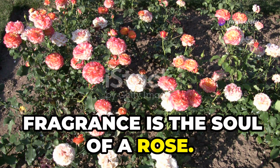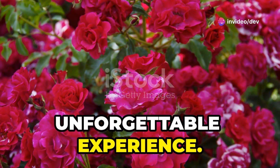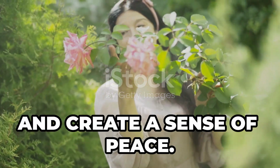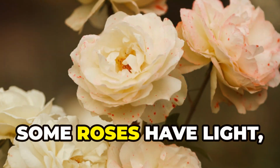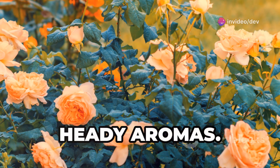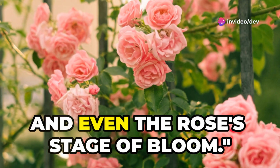Fragrance is the soul of a rose. It transforms a beautiful flower into an unforgettable experience. The scent of a rose can evoke memories, lift spirits, and create a sense of peace. Some roses have light, sweet scents. Others offer rich, heady aromas. The intensity of the fragrance can vary depending on the time of day, the weather, and even the rose's stage